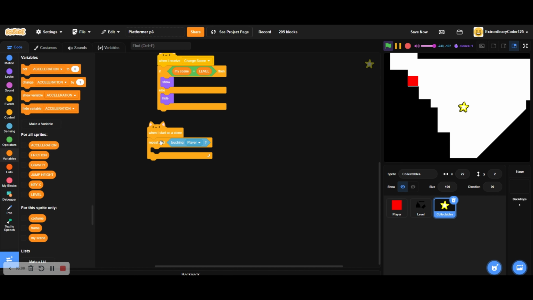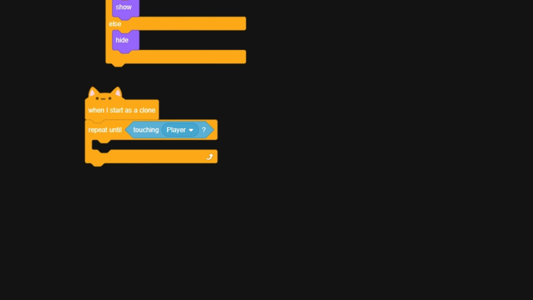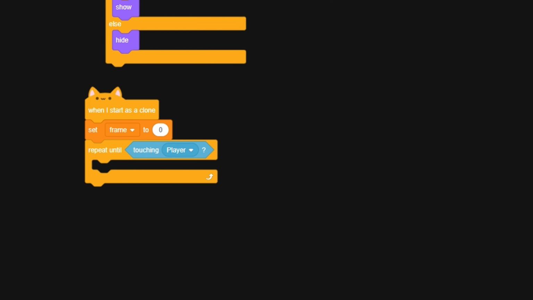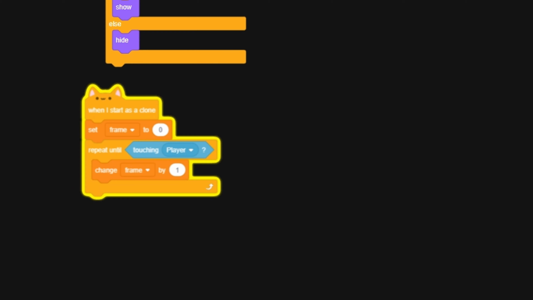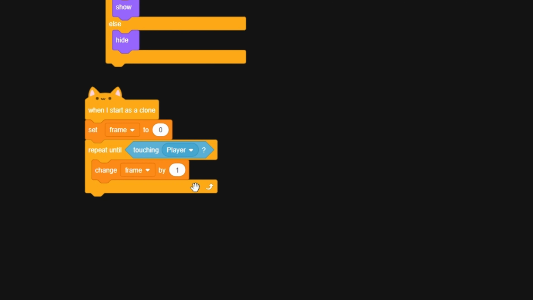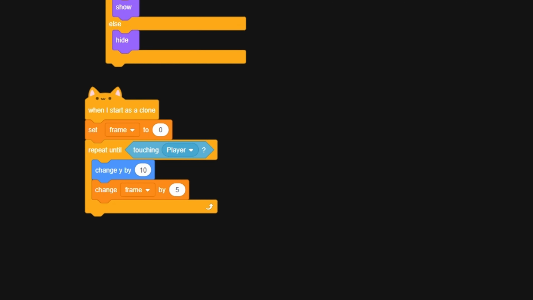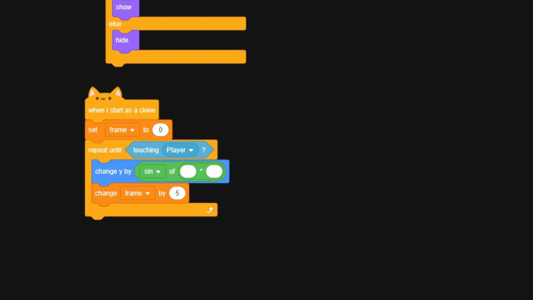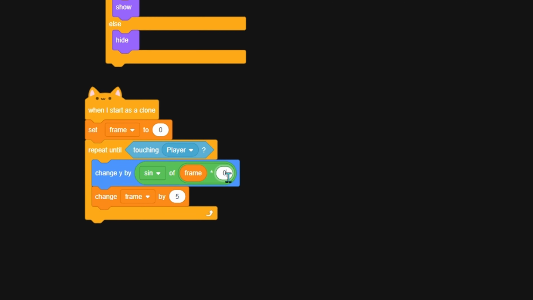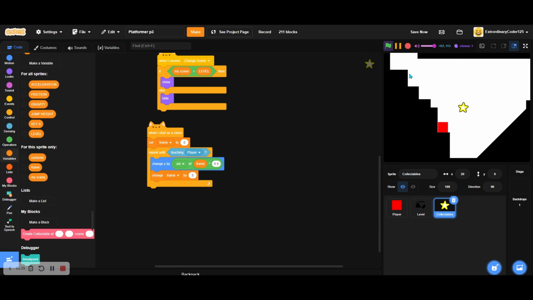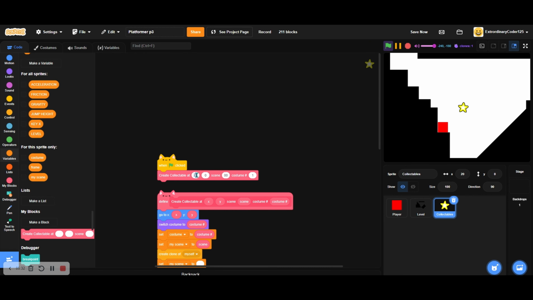Okay, so we repeat until touching player. Let's set frame to 0 at the beginning, and we'll change frame by 5 in the repeat until. Now what we're going to do is change y by the sine of frame multiplied by 0.5. Now if I click the blue flag, you can see, because the player spawns right next to it,